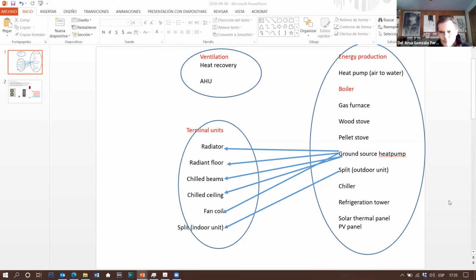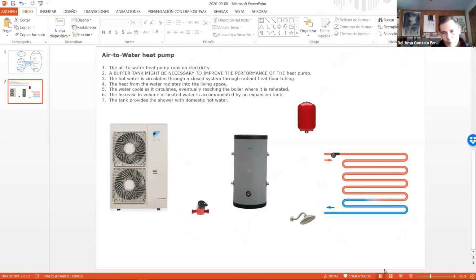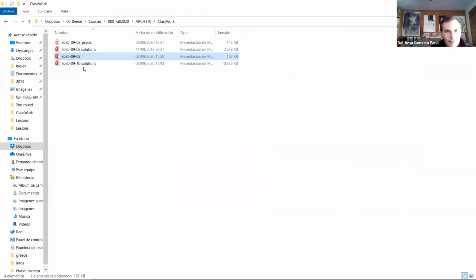Okay, so what's next? I want to solve this, but I think we are running out of time, and I will solve these kind of things on Thursday. And the goal of that lesson